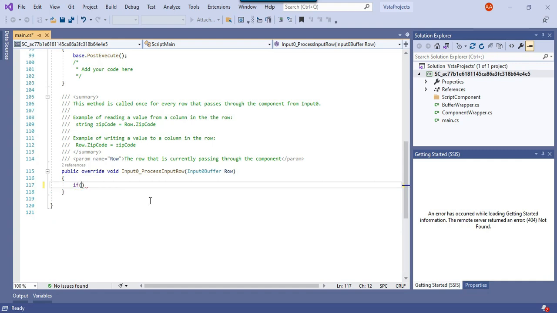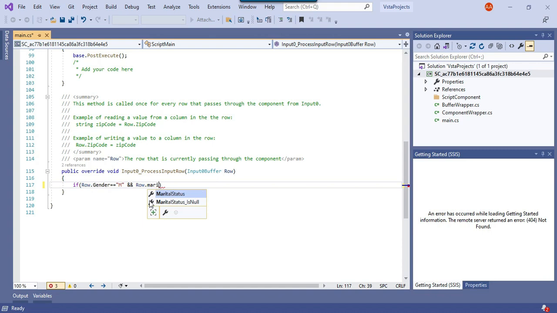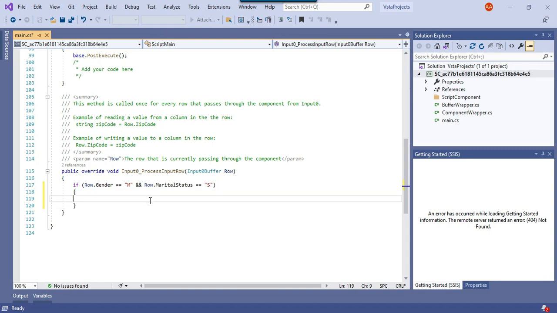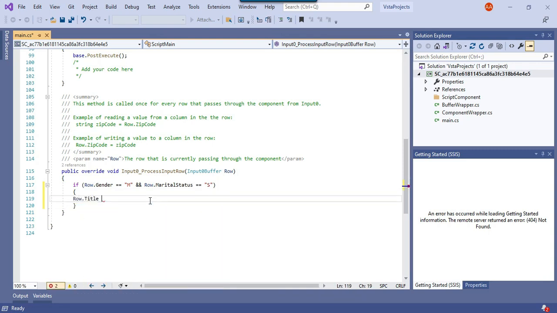If row dot gender equal to M and row dot marital status equal to S, then we need to assign the value: row dot title equal to master, and end the line with a semicolon.